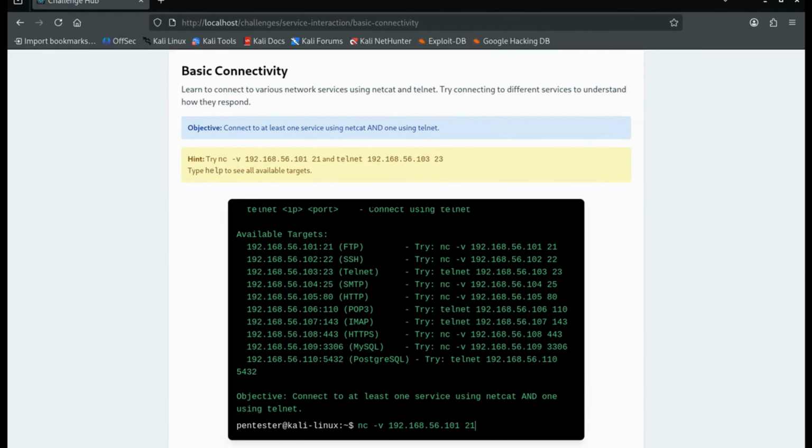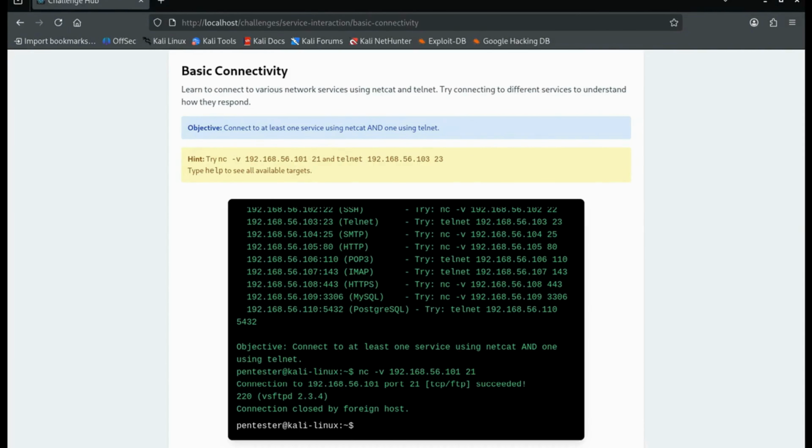With this command, I'm using netcat to connect to port 21, which is the FTP service, as we can see here. The -v flag simply means verbose, so netcat will tell us what is happening. Now when I press enter,